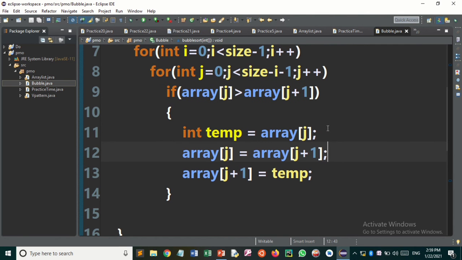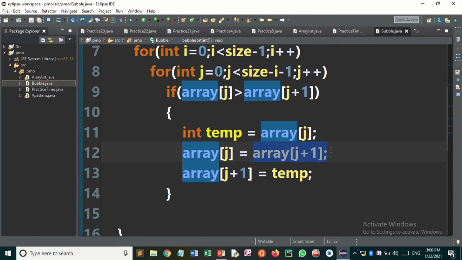To swap the elements, firstly we'll store the first element in this temporary variable. Now the first element is empty, so in this first element we store the value of the second element.